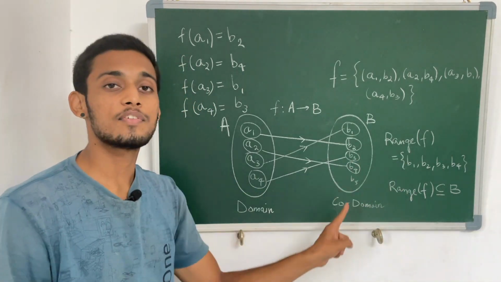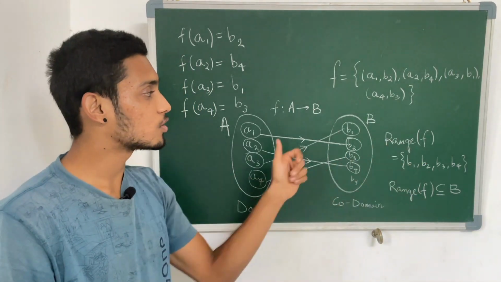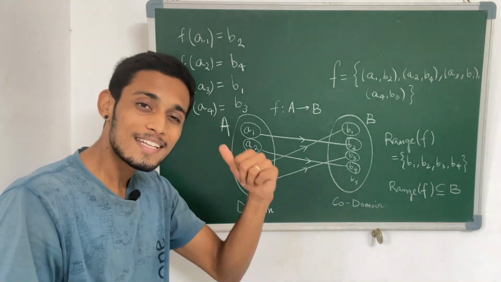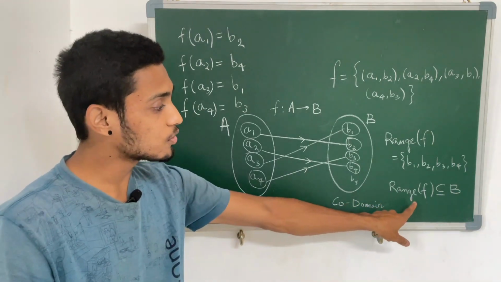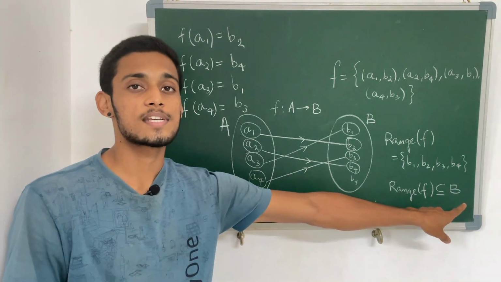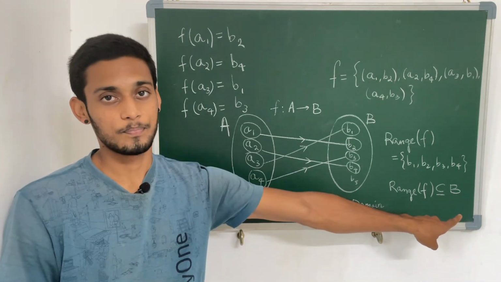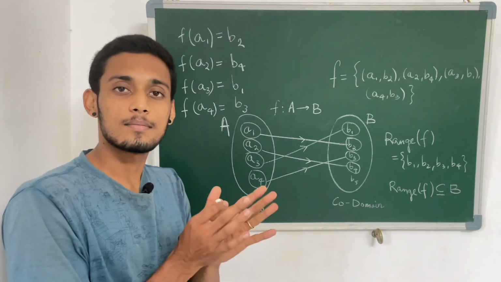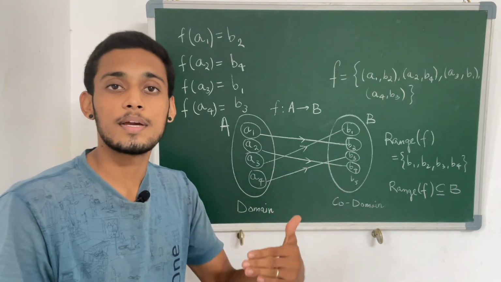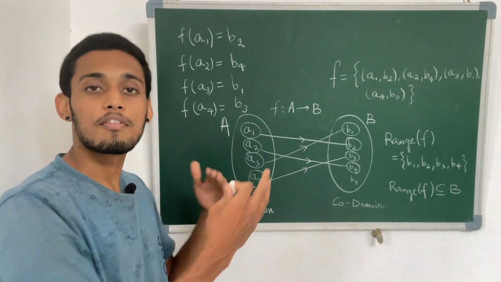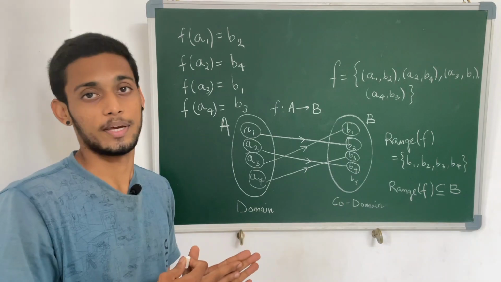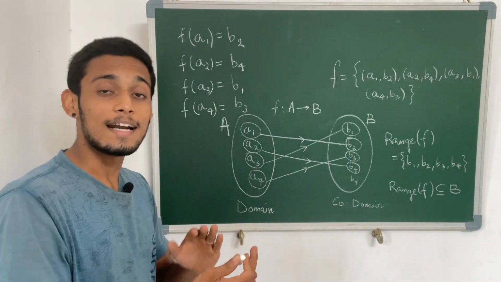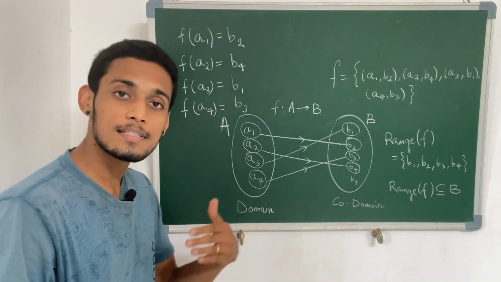So in the previous video we understood what is the range of this given function and what is its codomain. So if you have not understood that, just take a look at it again. So range of this function is generally a subset of the codomain. It could be the entire codomain itself, but sometimes it's possible that some of the values of the codomain are not images of the elements from the domain. Okay. So if you have understood this, we can move further and take a look at plenty of examples and